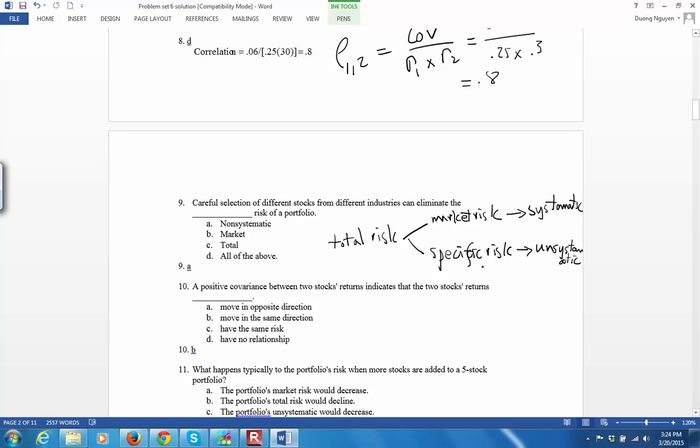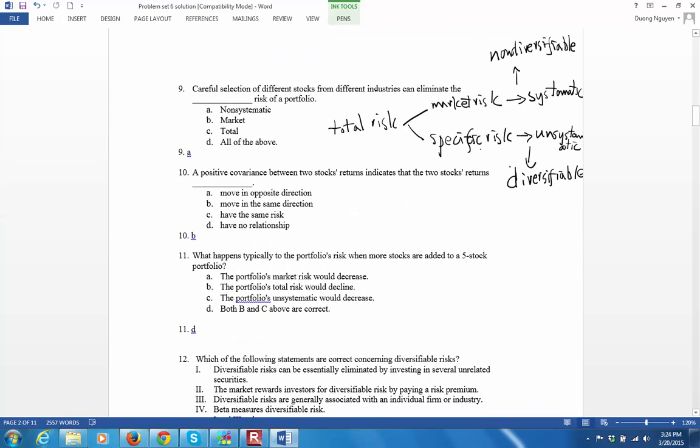And when you combine many stocks from different industries in a portfolio, you are able to diversify the risk, so it is diversifiable risk. For market risk, no matter how many stocks you have in your portfolio, you are not able to diversify it away, so it is non-diversifiable. It is a risk that the investor will always have in the market. So obviously if you choose many stocks from different industries, you are able to eliminate the non-systematic, which is the